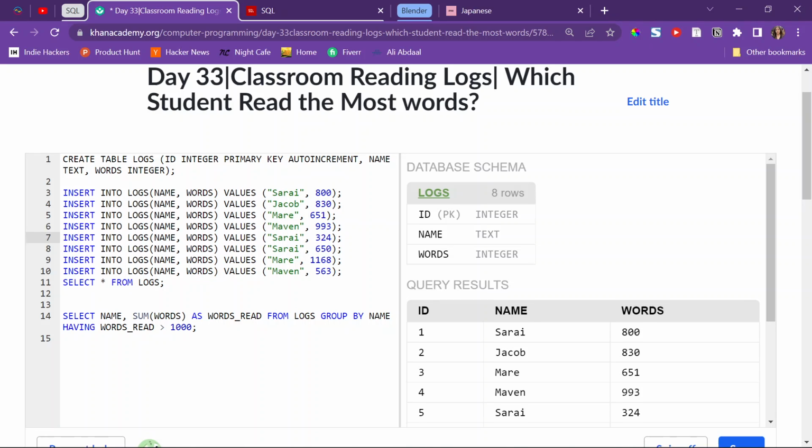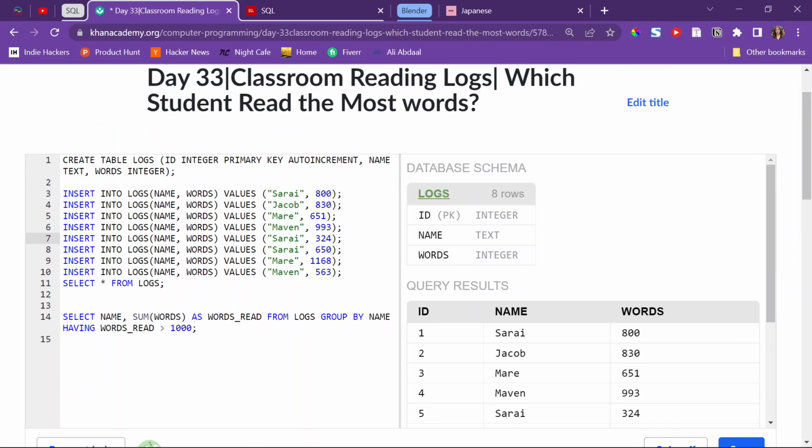So count basically is in the name, it just counts how many of each input of whatever column I choose there are in that database. For example, let's say I want to know how many logs I put in. I'm Sarai, so how many logs did I put into the reading database? So I can select the name, I don't necessarily need this right now, but I can select it from logs, and I can group by name,